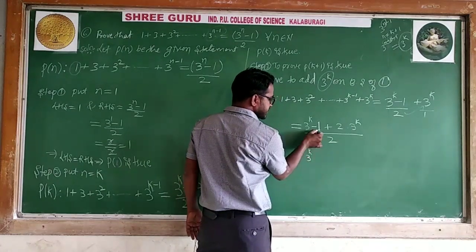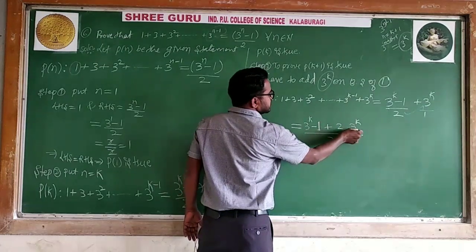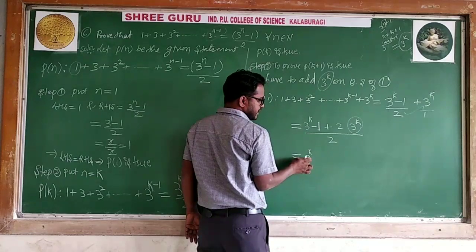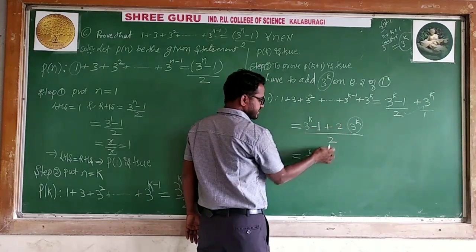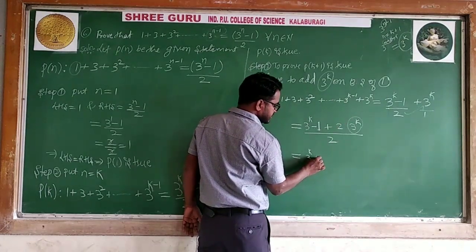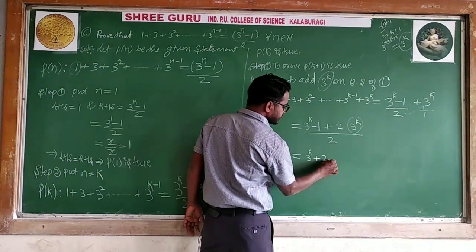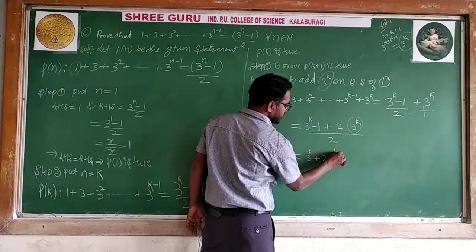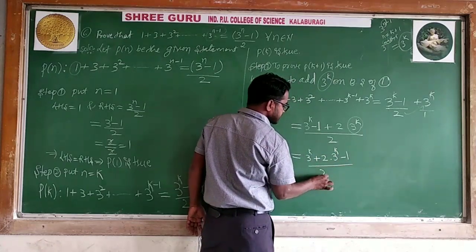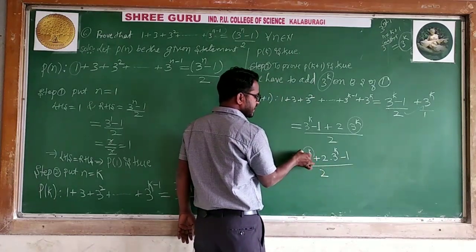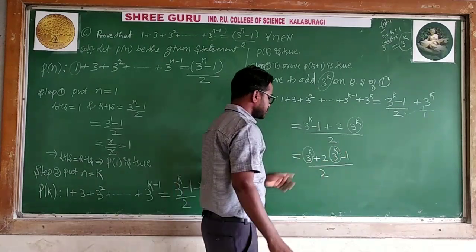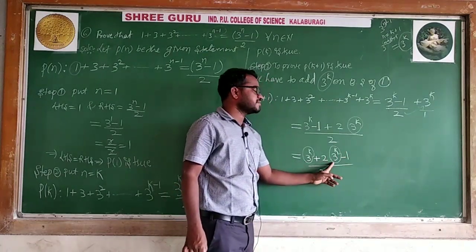Instead of writing minus 1 here, I will write it last. This is 2 times 3 to the power k. Means first I kept this; instead of writing the second term here, I will write the third term, then the second term I will keep last. So I can write plus 2 times 3 to the power k. You can write wherever it is required. What happened? 3 to the power k is one thing, and 3 to the power k is the same thing, but this is one thing and this is 2 times the same thing.